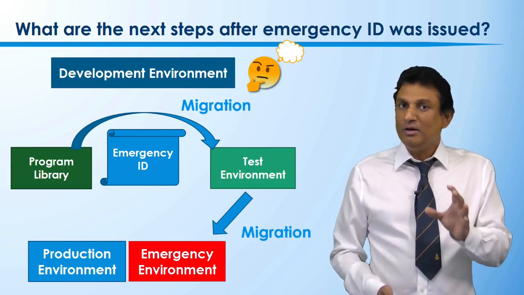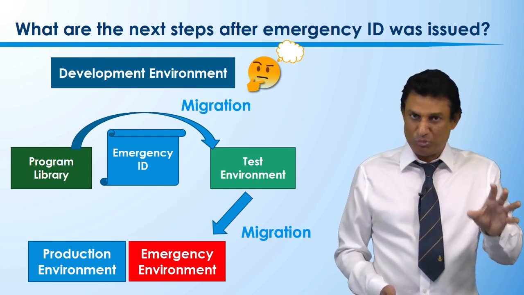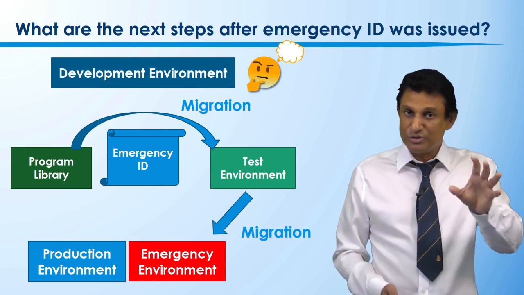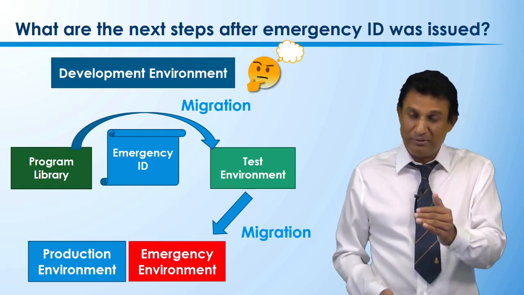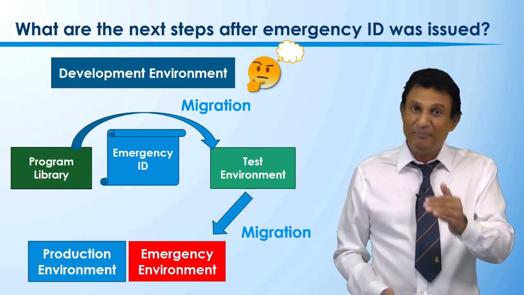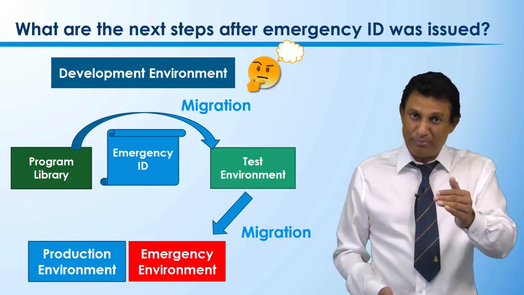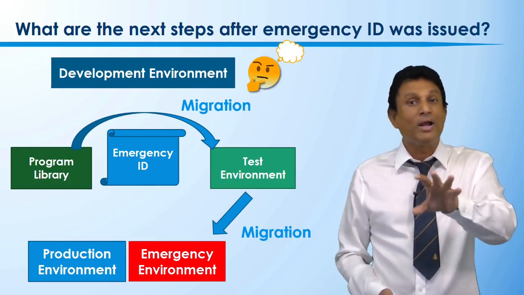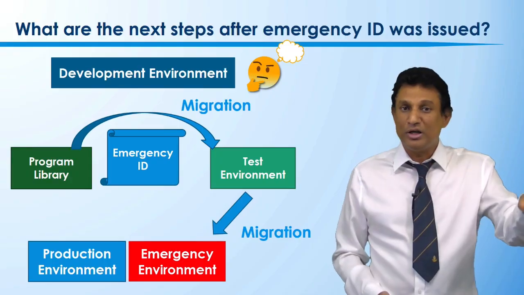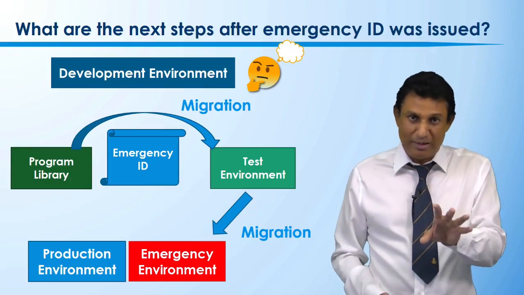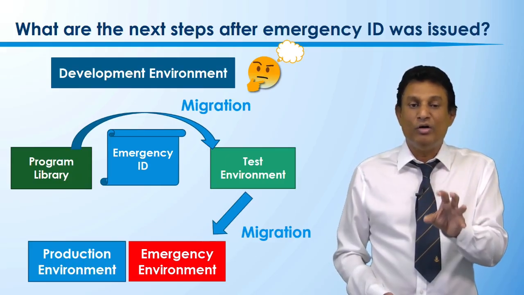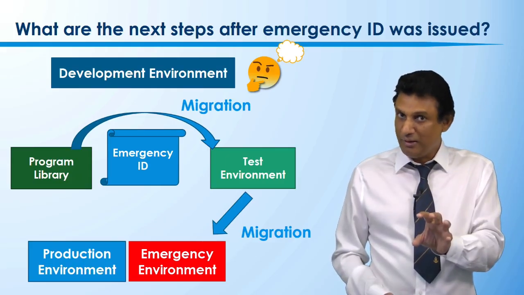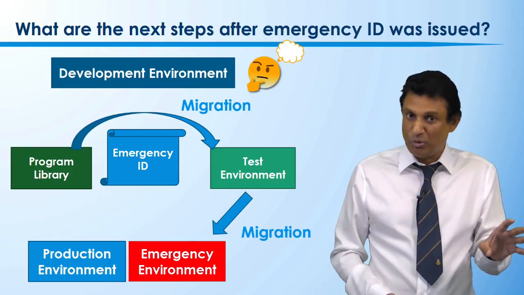But now look here. When we implement, we don't implement in the production environment. Why is that? Because the change control board has not looked at the changes that have been made. So there is still a possibility that the senior manager and the programmer team up together, or even the programmer himself, without the knowledge of the senior manager, did something bad. So we don't know. In this case, the system is running on the emergency environment, okay? Not the usual production environment.